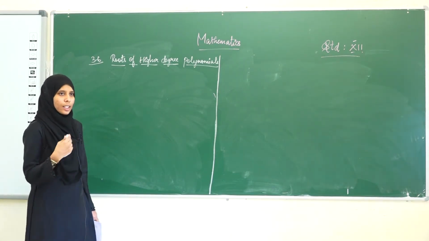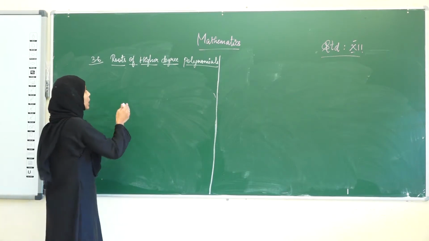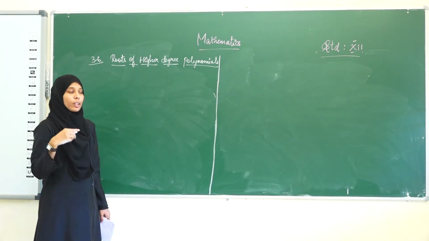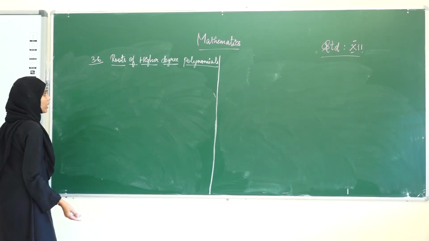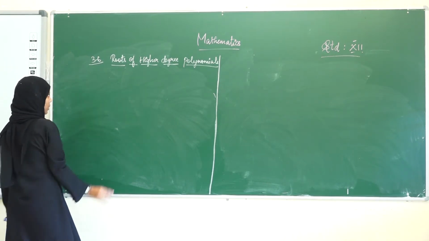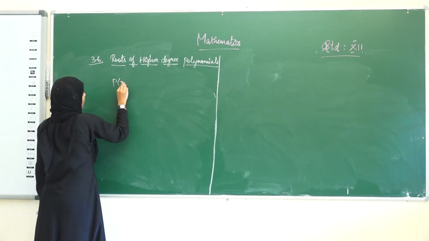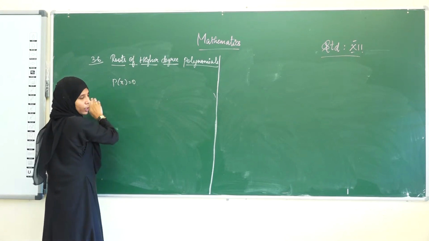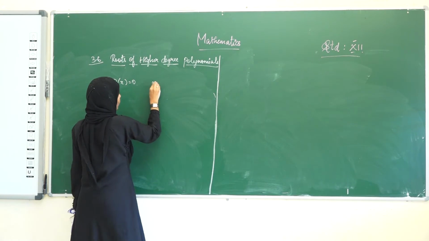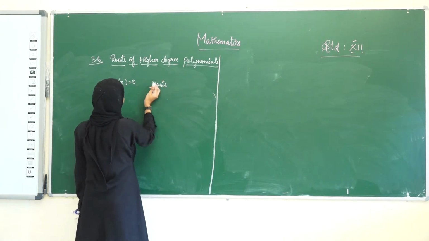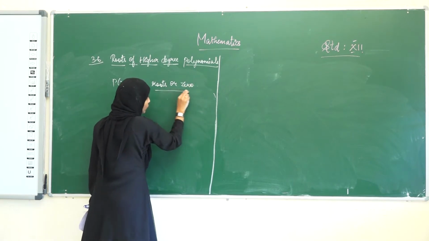So we have seen the nature of the roots, nature of the coefficients of the polynomials. Now this is about the roots of higher degree polynomials like degree 5, degree 6 and so on. They have given some theory parts in this subdivision. If p of x is equal to 0 is a polynomial, then the roots of this polynomial are also called zeros.